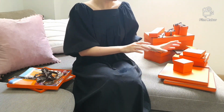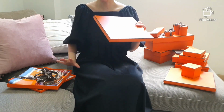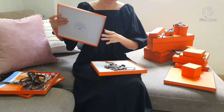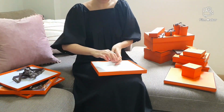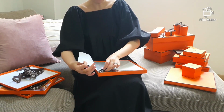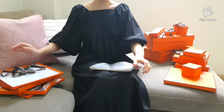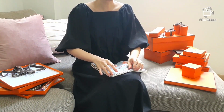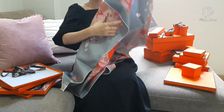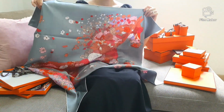Alright, so now my second lucky score is yet another scarf, and this is also in the 90 by 90 cm silk. I know it's very safe, probably something more like my personality. It is called the Square 90 Light Dress in the colorway gray, and it's supposed to show a horse in the colorway gray,